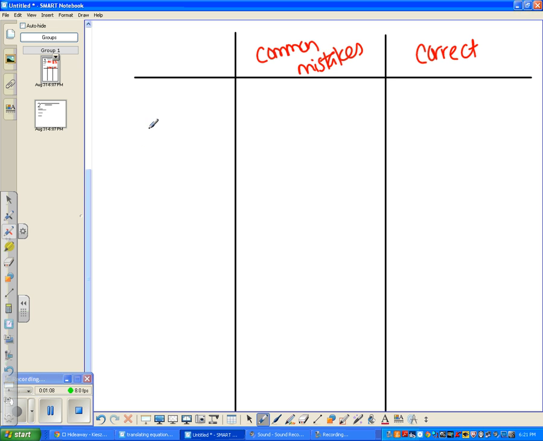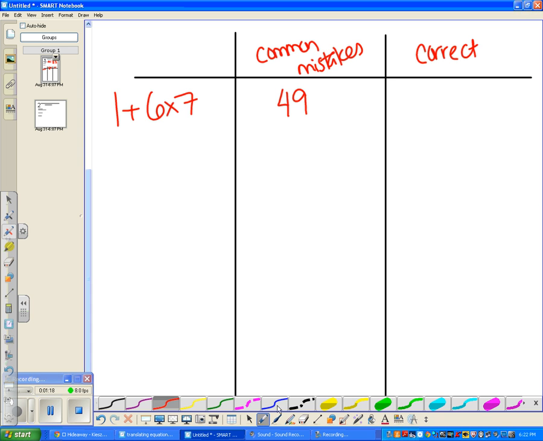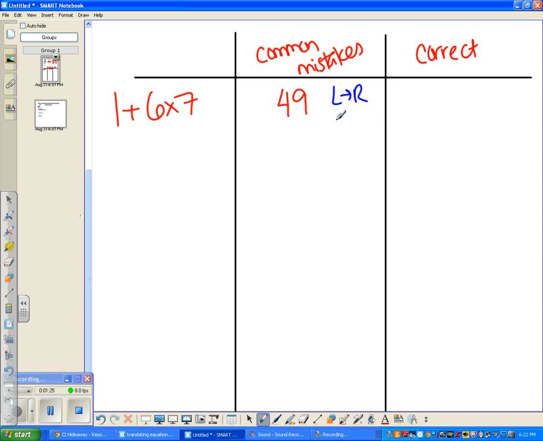Okay, so the first one is 1 plus 6 times 7. The most common mistake I see is that people think that the answer is 49. So I want you to think for a second, why is that one incorrect? Well, the reason why it's wrong is those people just read it left to right, and they did addition before they did multiplication. So for instance, that person said 1 plus 6 was 7, and then 7 times 7 is 49,